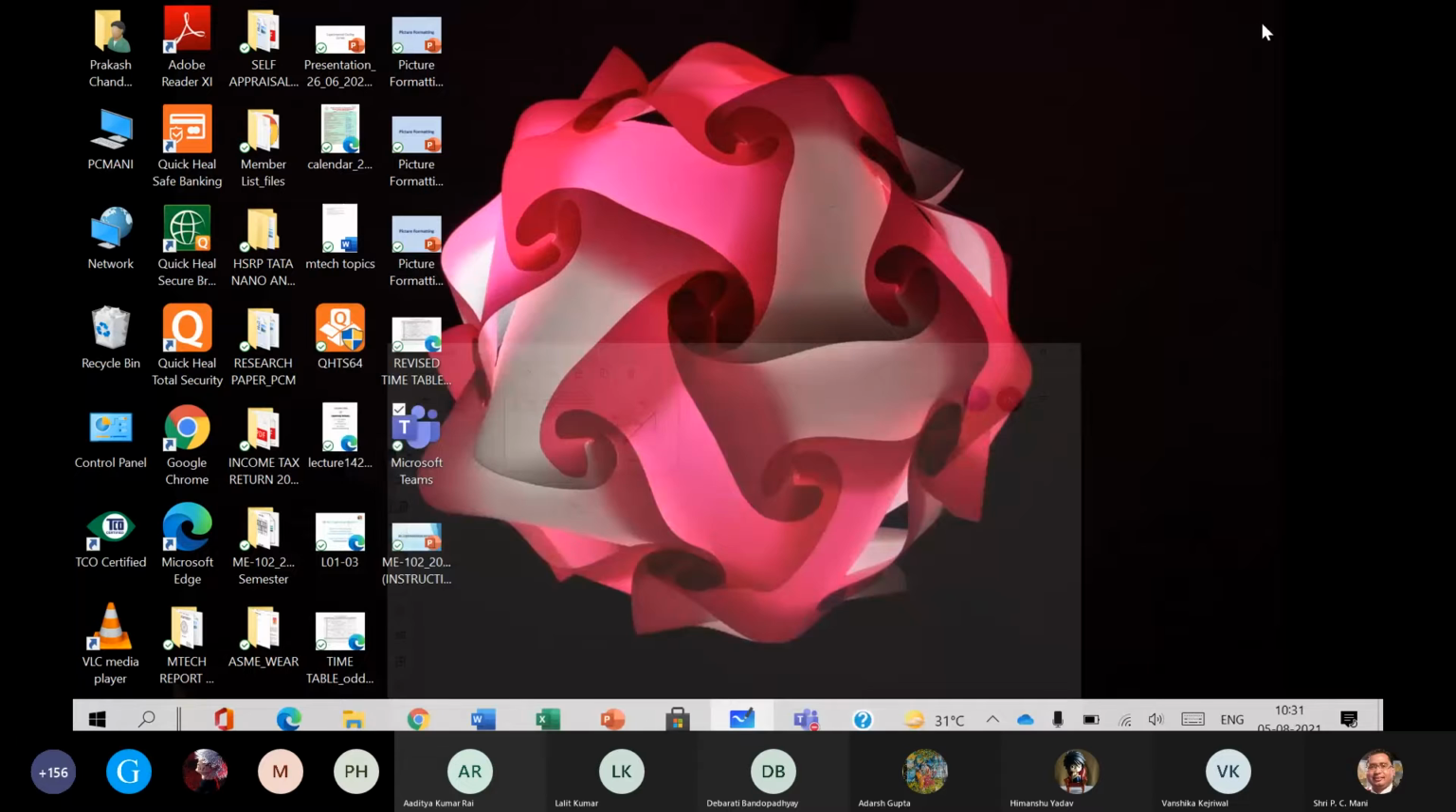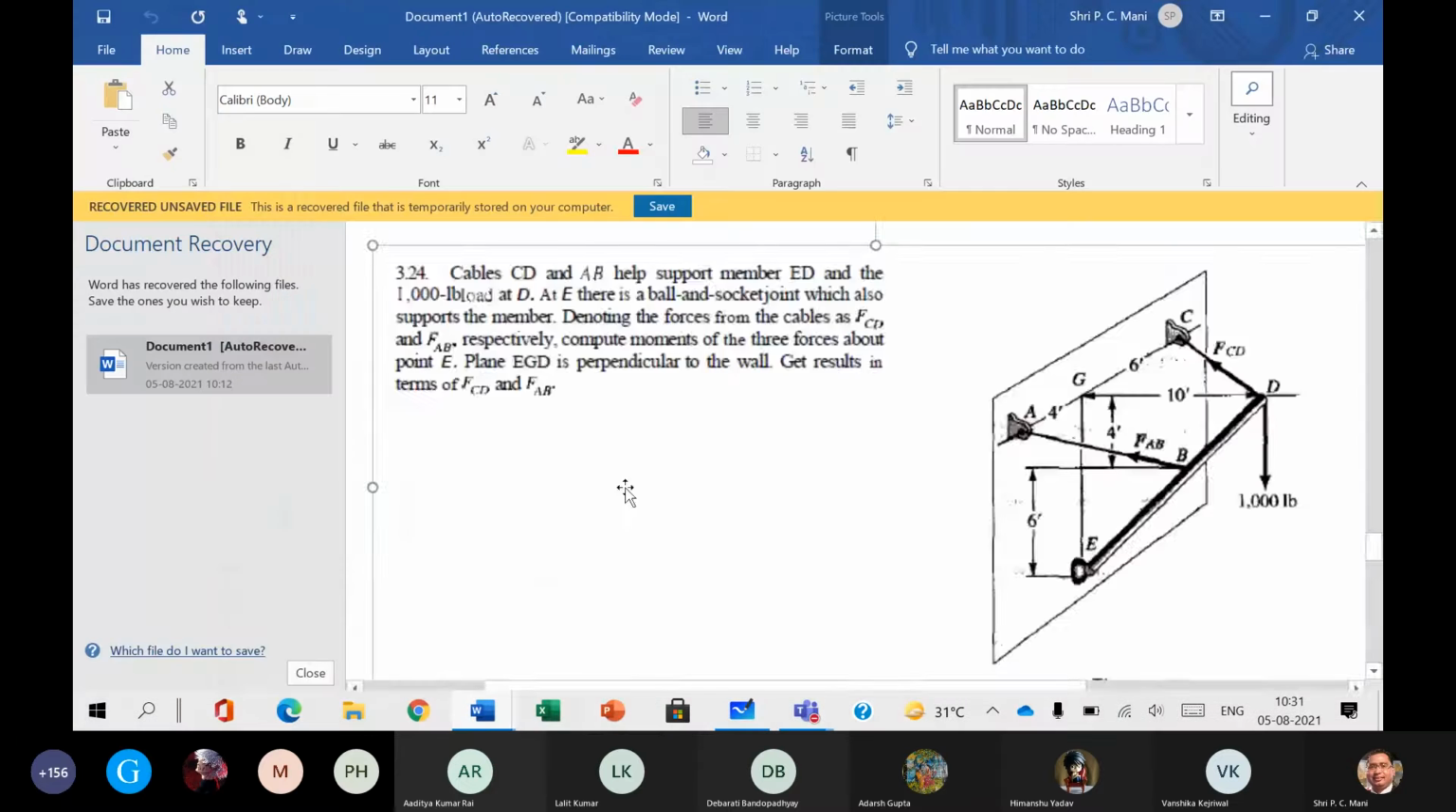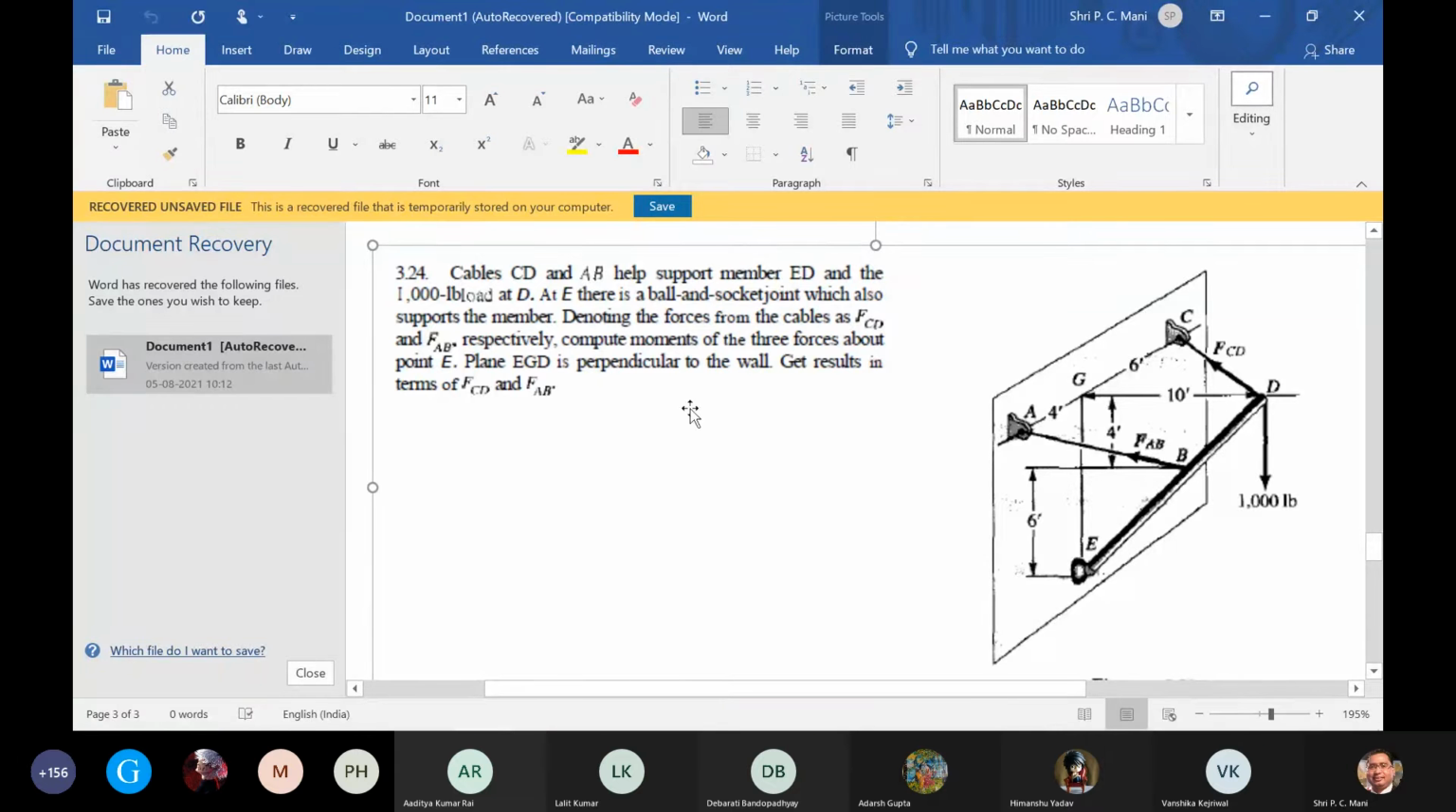So this is a question. I am reading this question here. So the question is saying that a cable CD, C is this one, D is this one, okay, and AB, cable AB, A and B, help support member ED, E to D is a support member, okay, and 1000 lb is a load at D point. At E there is a ball and socket joint which also supports the member,